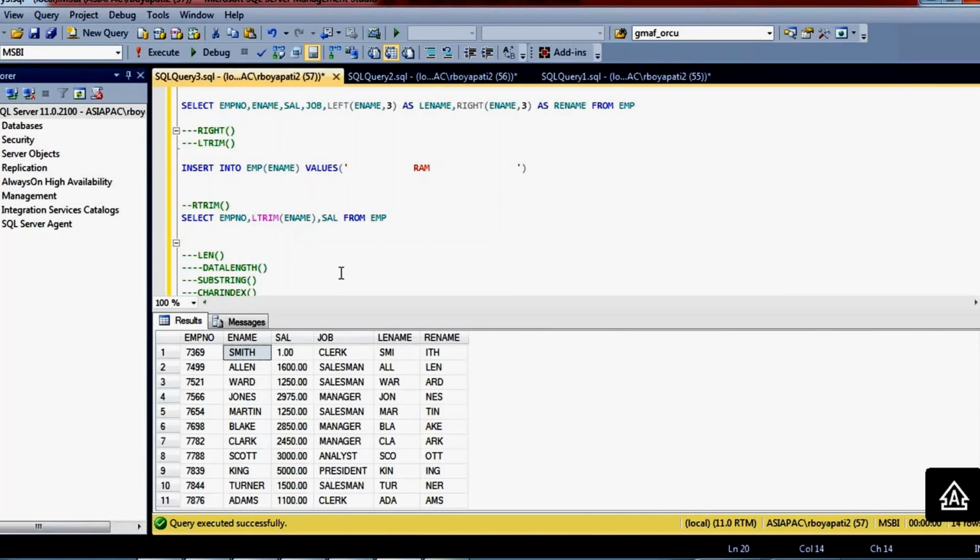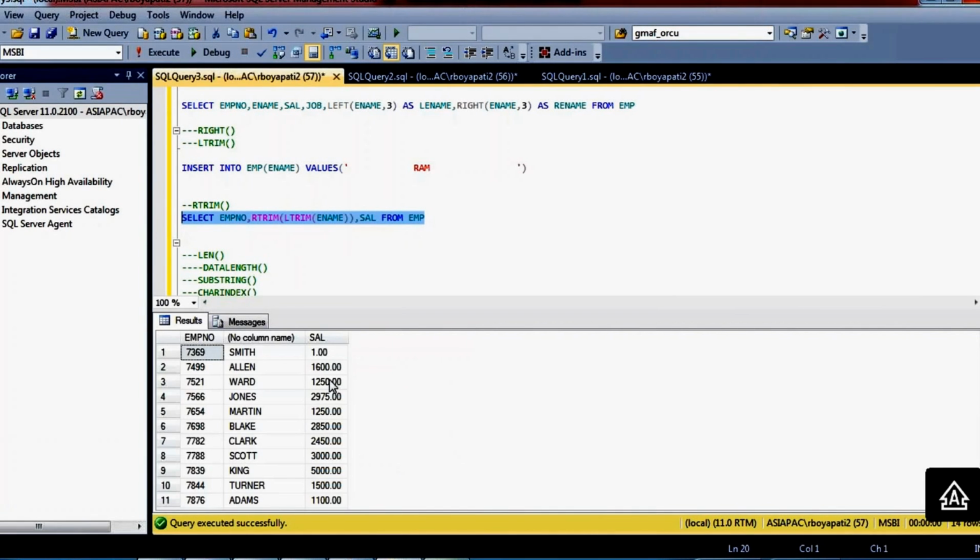If you want to remove right side space, RTrim of employee name. On which column do you want to remove the spaces? If we want to remove both sides, left side as well as right side, you can write this combination of both functions. However many open brackets you have, that many closed brackets you have to put. So it will remove any spaces on the left side and right side of that string, and it will display it.